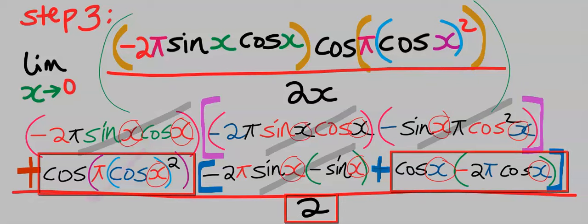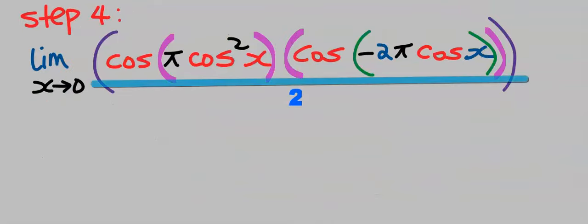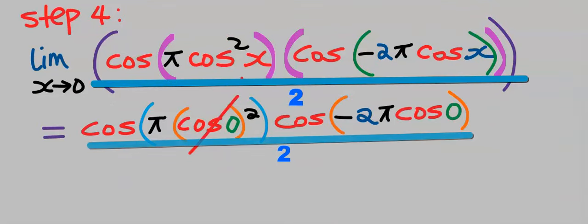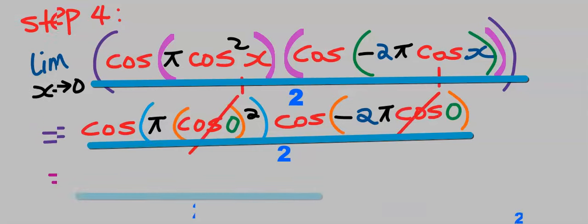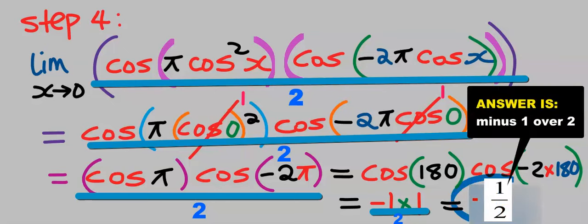And you are now left with only these two, and 2 at the denominator as well. Next, step number 4. Take the limit of the remaining function. This will give you 1, and this will equally give you 1. Pi in front of a trigonometric function is equal to 180. Substituting and solving carefully, your answer is,